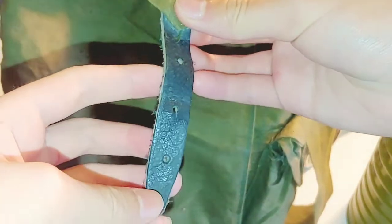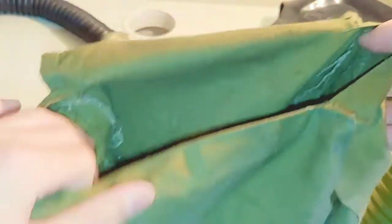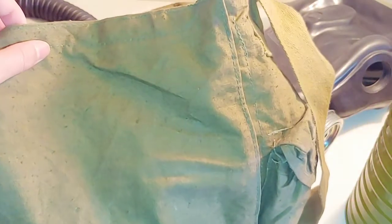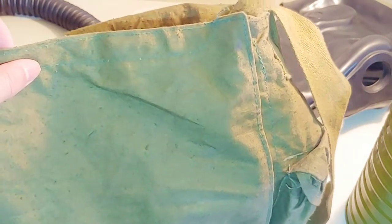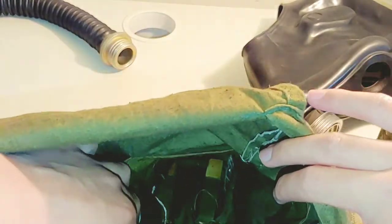And now for the bag. So this bag isn't in very good condition. You can see it's one of the simple Soviet bags. It has this leather strap thing. You would just put that through there. And this bag was made in 70. This entire set is mixed up, but all together, this would be called a RSH4 decontamination kit. And